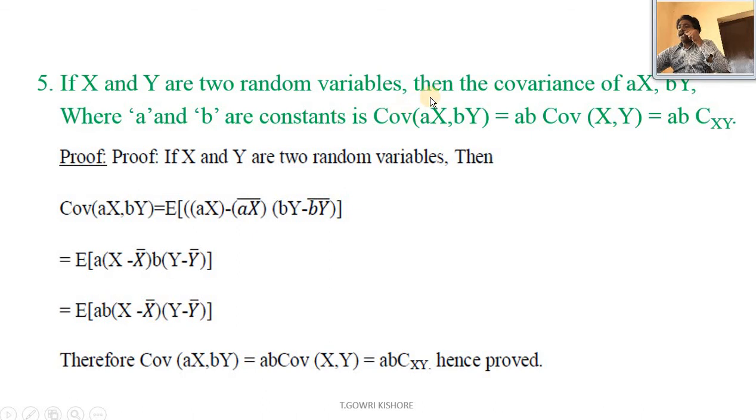If x and y are two random variables, then the covariance of ax comma by, where a and b are constants, is co of ax comma by, that is equal to ab into co of x comma y, that is equal to ab Cxy. Proof: co of ax comma by is equal to expectation of ax minus ax bar into by minus by bar. So taking the common a, x minus x bar, and next taking the common b, b into y minus y bar. Therefore expectation of a into b into x minus x bar into y minus y bar. Therefore co of ax comma by is equal to ab co of x comma y, that is equal to ab Cxy,